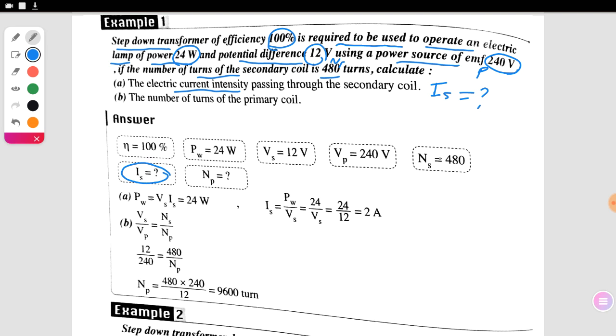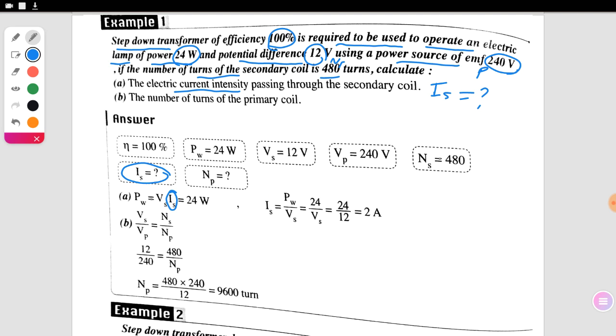Since the power equals VI, we need to determine the value of the current at the secondary coil: the power divided by V secondary equals I at the secondary coil. The power in the given equals 24 divided by Vs. We don't need the value of the Vs, but